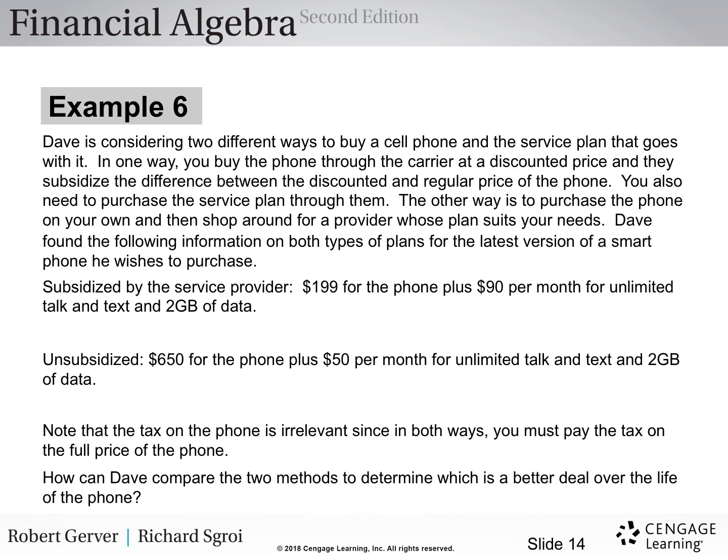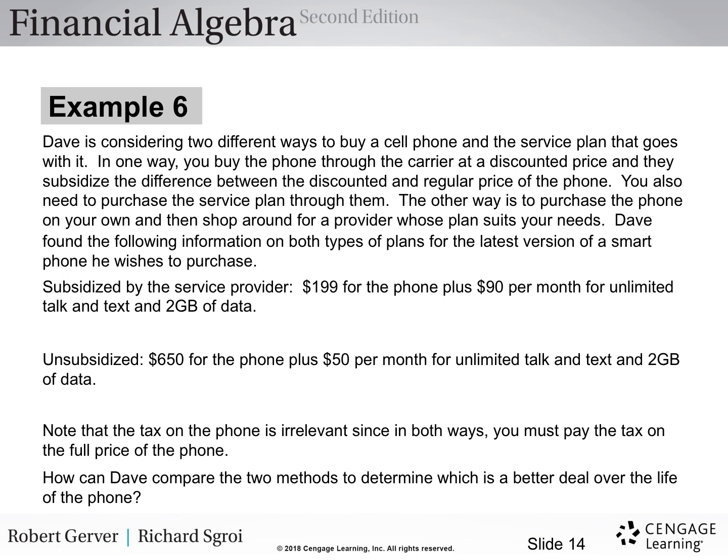All right, let's look at example 6. There's a lot of information here, so let's look at it and read it slowly. Dave is considering 2 different ways to buy a cell phone and the service plan that goes with it. In one way, you buy the phone through the carrier at a discounted price, and they subsidize the difference between the discounted price and the regular price of the phone. You also need to purchase the service plan through them. The other way is to purchase the phone on your own and then shop around for a provider whose plan suits your needs. Dave found the following information on both types of plans for the latest version of a smartphone